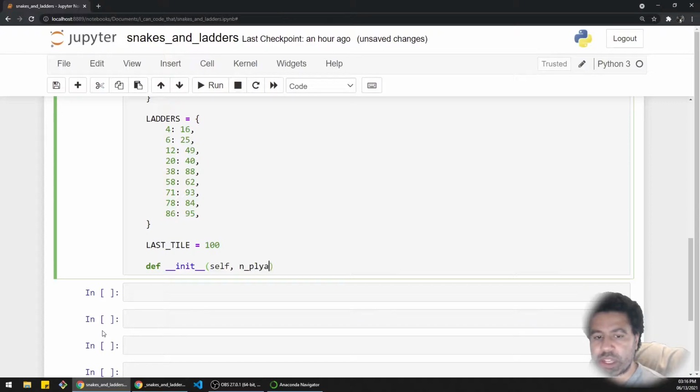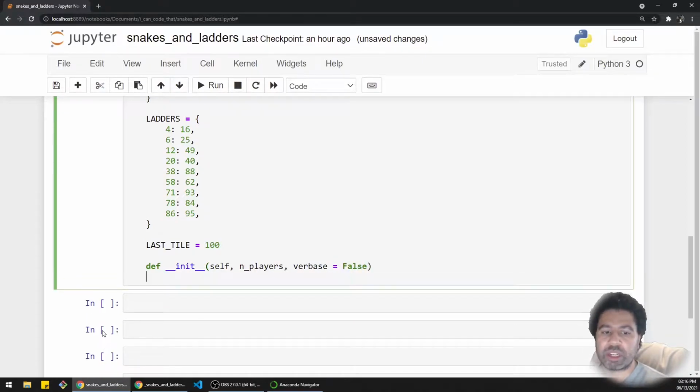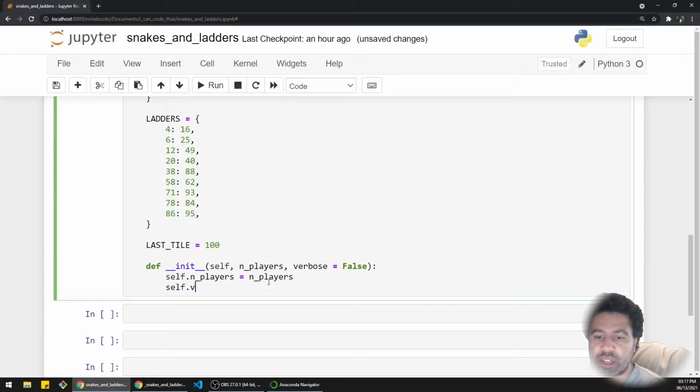I'm going to say n players, and I'm also going to check to see if this is verbose, because I will want to print some things out if I want to see what's going on in the game itself, versus if I just run it and want to know who the winner is. That's why I want verbose or not. And verbose is spelled with an O. Haha. Okay, so I'm going to start out by saying self.n_players equals n_players, and self.verbose